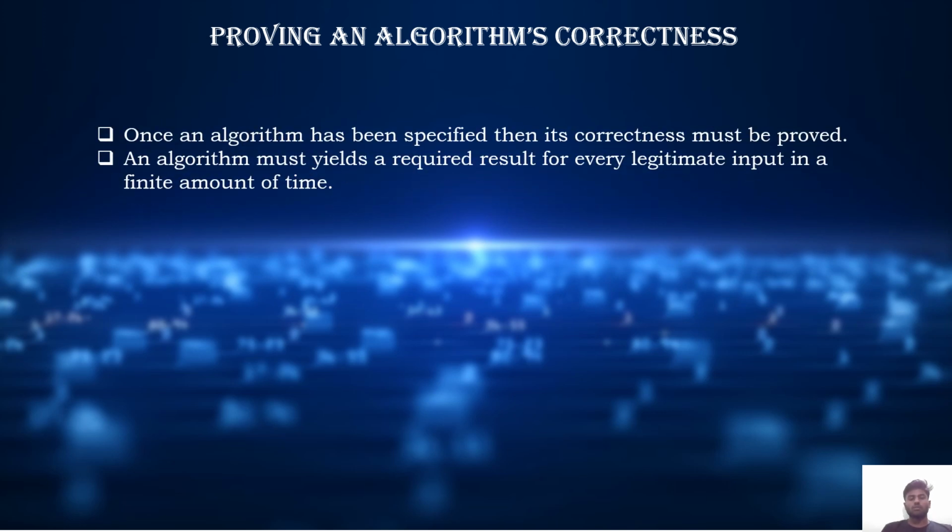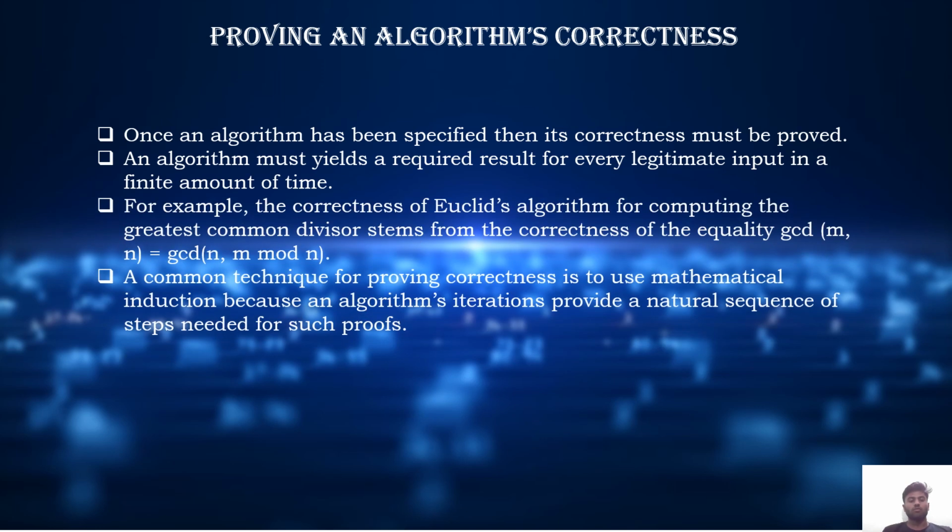Proving an algorithm's correctness. Once an algorithm has been specified, its correctness must be proved. An algorithm must yield a required result for every legitimate input in a finite amount of time. For example, the correctness of Euclid's algorithm for computing the greatest common divisor stems from the correctness of the equality